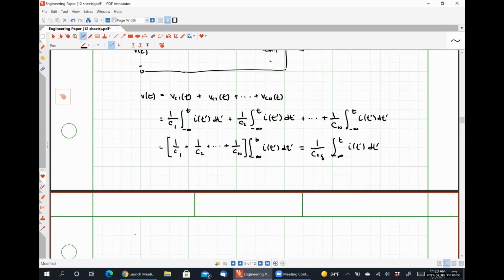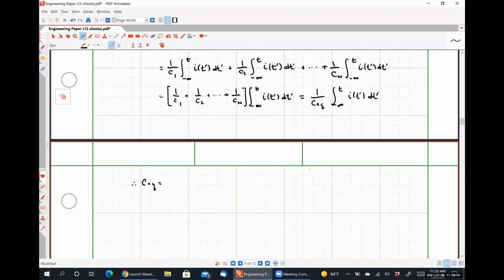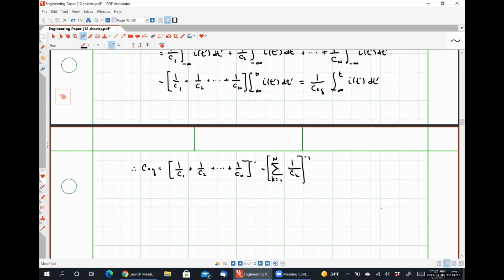Where Ceq is that sum, 1 over C1 plus 1 over C2 plus 1 over C sub n to the negative 1 power, or more formally, the summation from k equal to 1 to n of 1 over C sub k to the minus 1 power, or in an even more succinct form,